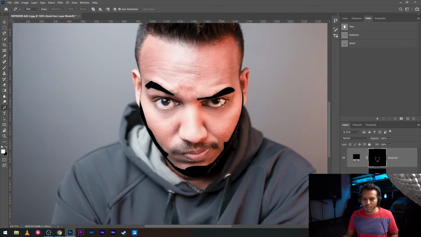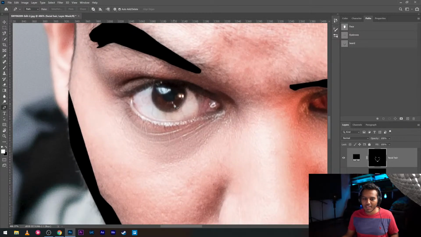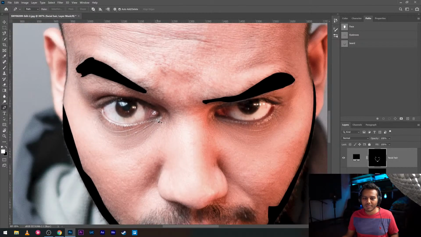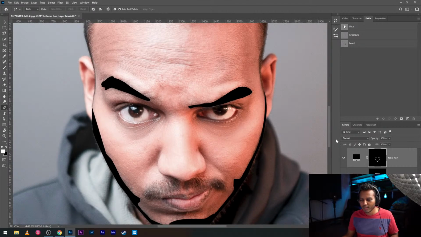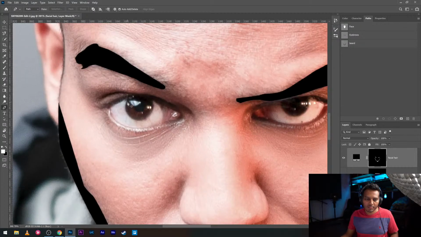So the first thing I would model on the eyes are the eyeballs, the iris, right? Now my eyes are slightly brown in color, so let's go ahead and do that. First, again, take the pen tool, and just